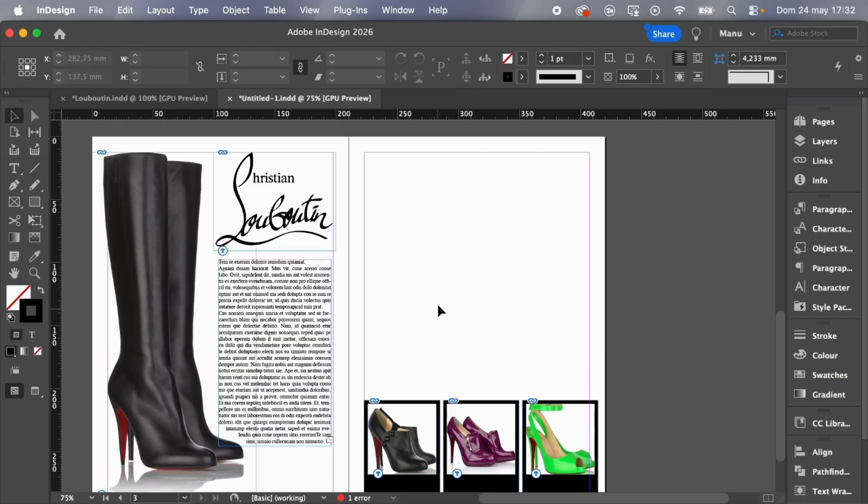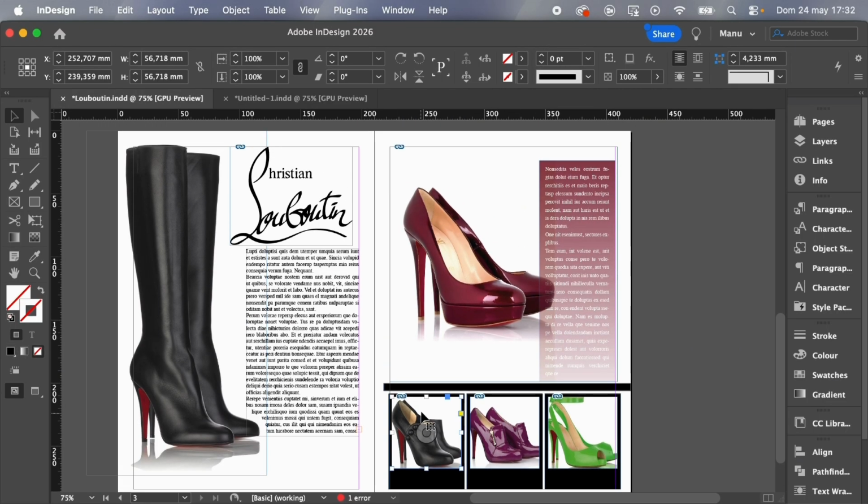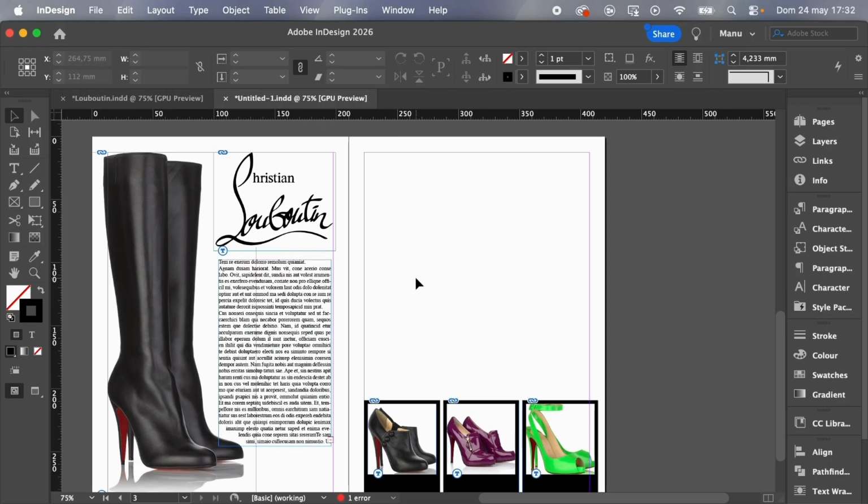So let's go with the big image. The big image, this pair of shoes, starts at more or less this point. I can use a guide and finishing here. So we can use this reference. Let's do it.